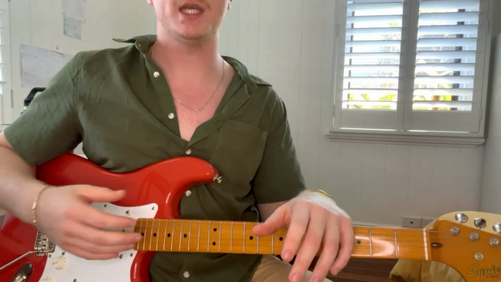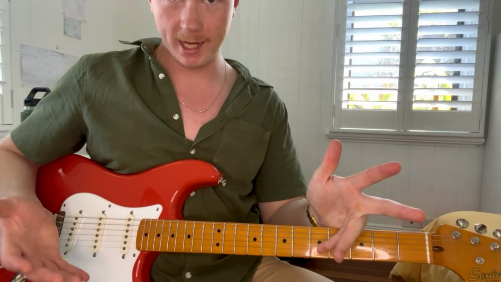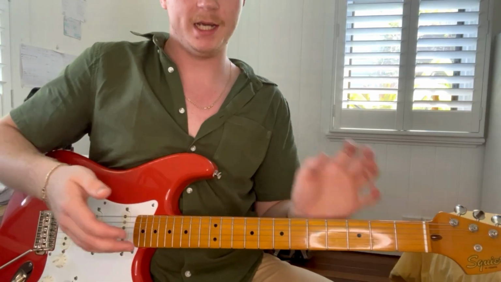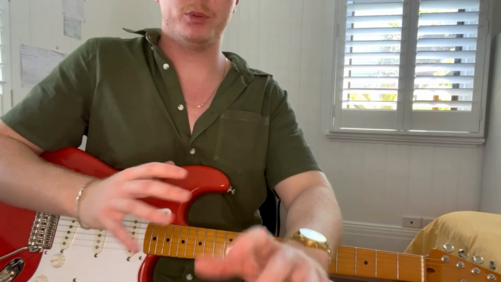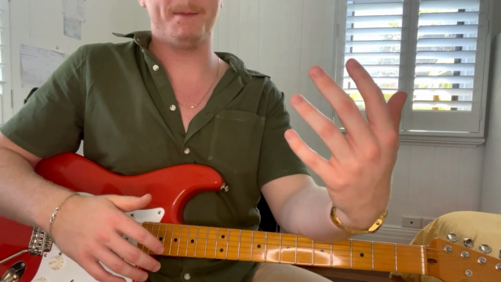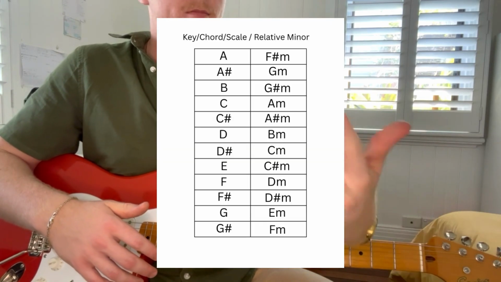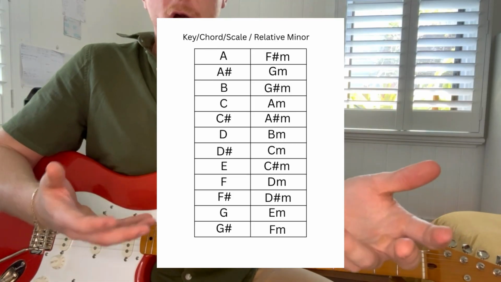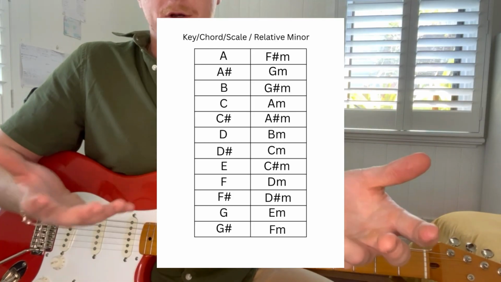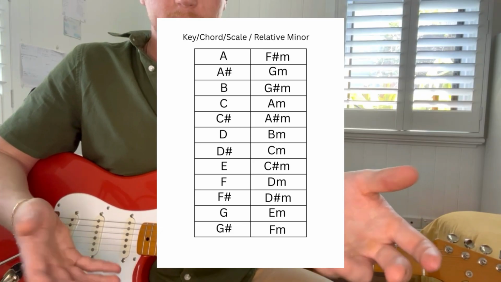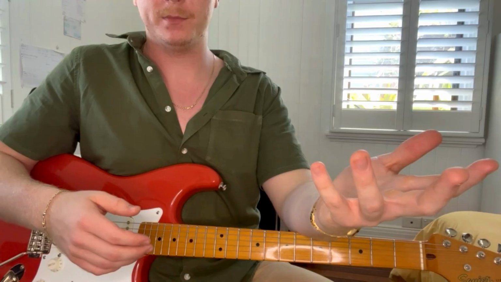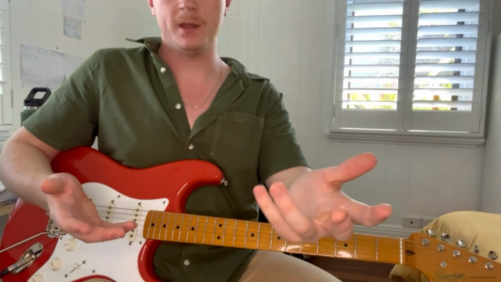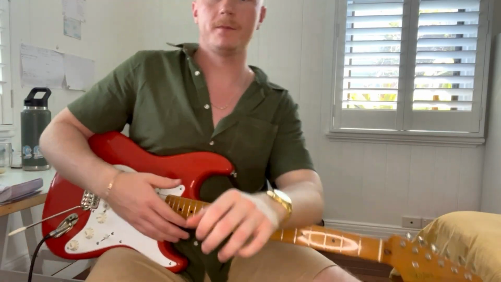Okay, now these two scale shapes are actually connected, okay? They are connected through what we call relative major and minor keys. So put simply, every single major key, major chord, they all have a corresponding minor key and minor chord, okay? Now what that means is, let's take the key of A minor and the key of C major, okay? These two keys